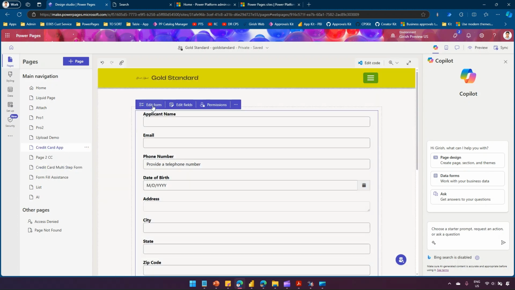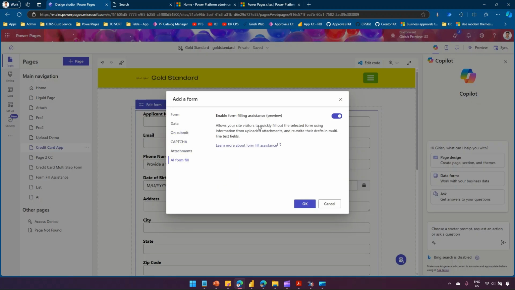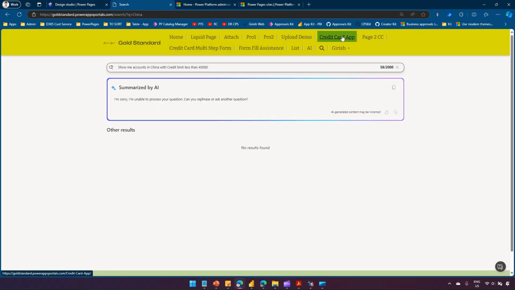So if I select this form and then click on edit form, there is an option for AI form fill. I can enable the form filling assistance over here, and on the basis of that, it will start filling out the form on the basis of the document which I submit. So if I go into, say, the credit card application form over here, I will see that the form gets loaded,